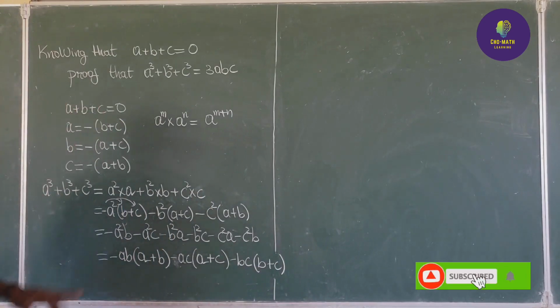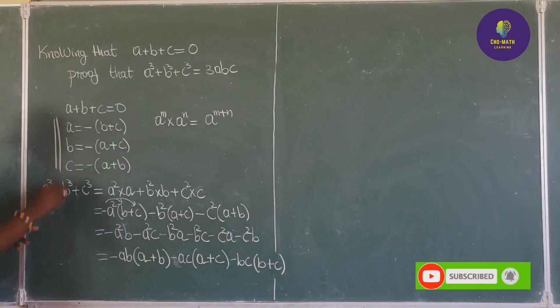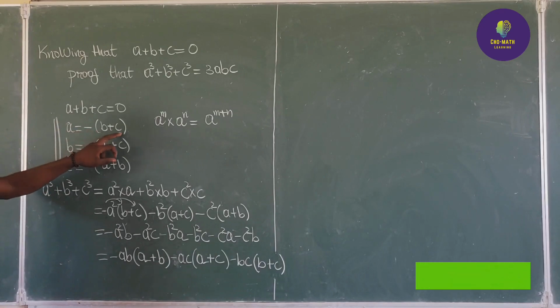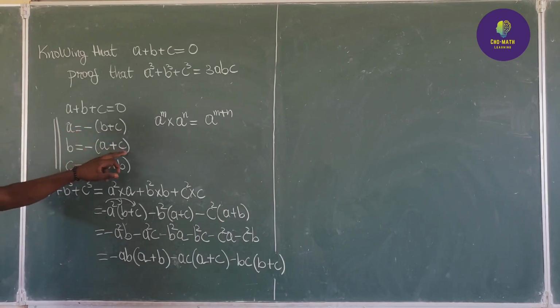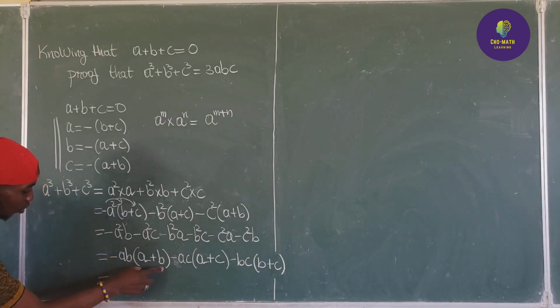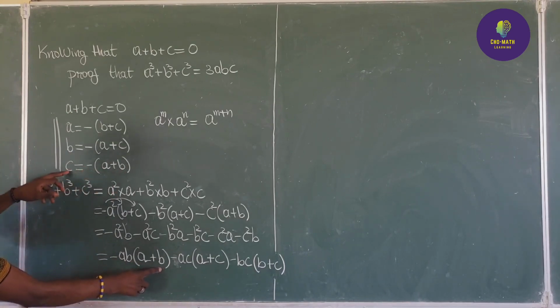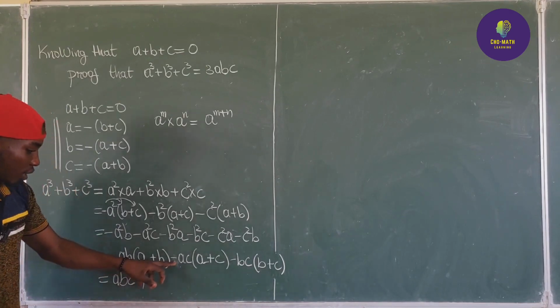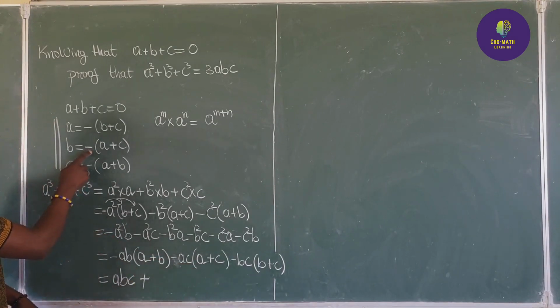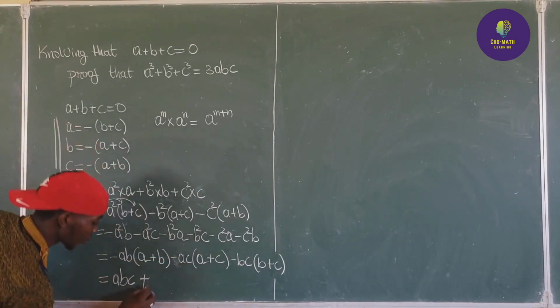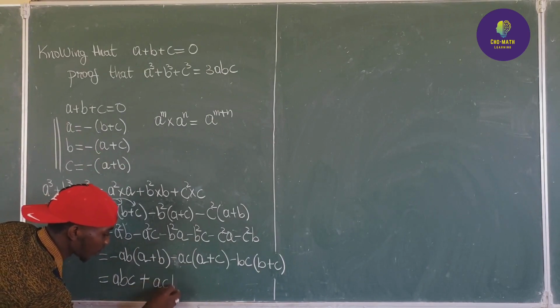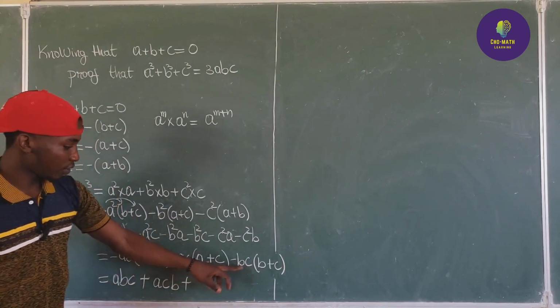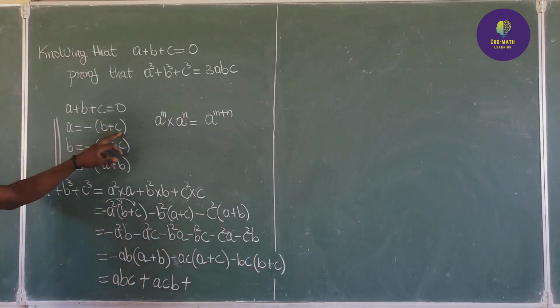At this level, remember we have negative (b plus c) is equal to a, negative (a plus c) is equal to b, and negative (a plus b) is equal to c. Here we have negative (a plus b) is equal to c. That means here we have abc, plus, negative (a plus c) is equal to b, so we have plus acb, plus negative (b plus c) is equal to a,